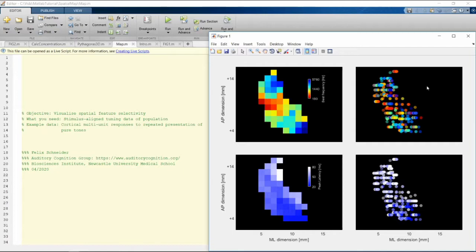Today I'm going to show you how to visualize spatial feature selectivity of the cortical surface. My name is Felix Schneider. I'm a PhD student here in the Auditory Cognition group at Newcastle University. The data I'm showing today is cortical multi-unit activity that I've recorded in the auditory cortex in response to pure